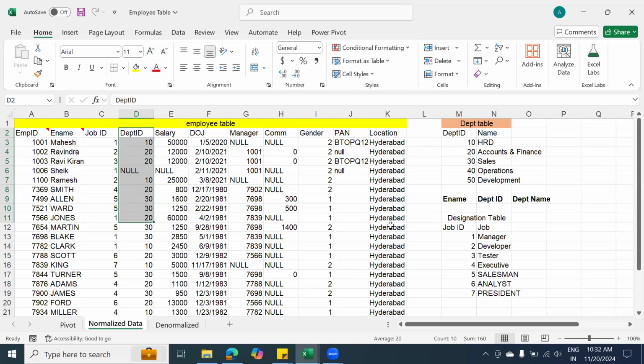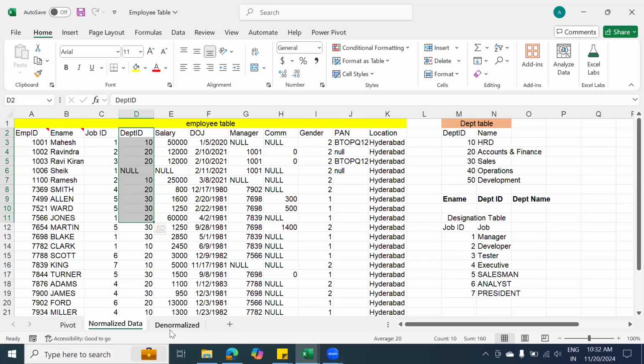But which one takes less space? ID or name? Obviously, ID. Now, if you want to retrieve the information, which is taking less space? Department ID is taking less space. So if you want to retrieve the information, instead of using the name, if you use department ID, it will be fetched very fast. Now, what you see here, this information we call normalized data. Can you see this? Instead of using the text, we are using IDs here. Am I clear with this?